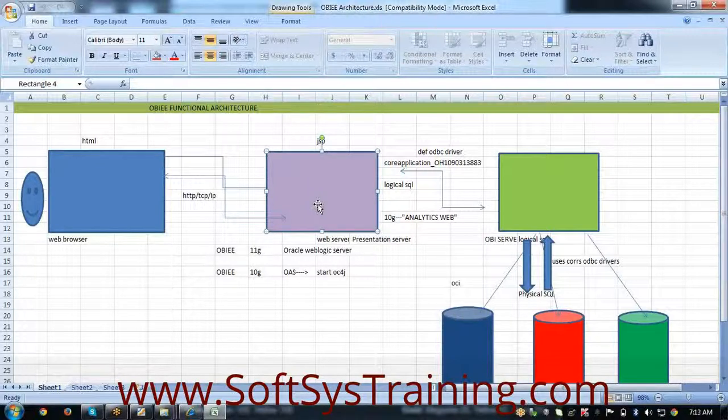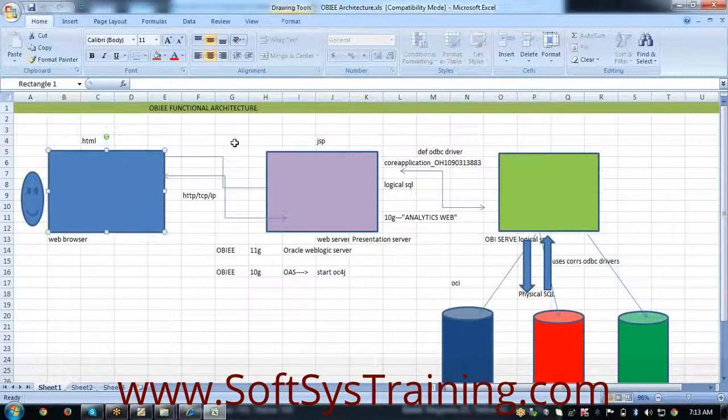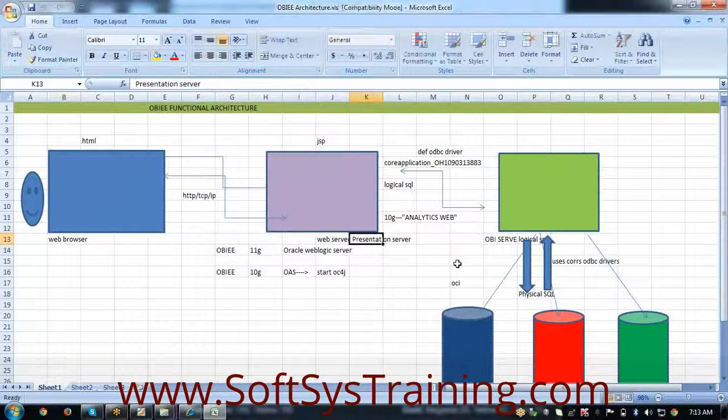If it is a Windows-based application, it consists of ASP code. For example, you have other Microsoft servers like SharePoint or Internet Information Services or your personal web server. So what this web server does here is, it reads the incoming HTML, converts it into JSP and executes it, and then whatever information it has to send to the browser, it converts JSP code back to HTML and sends it to the browser. Because it is doing this conversion process, it is also called the presentation server.